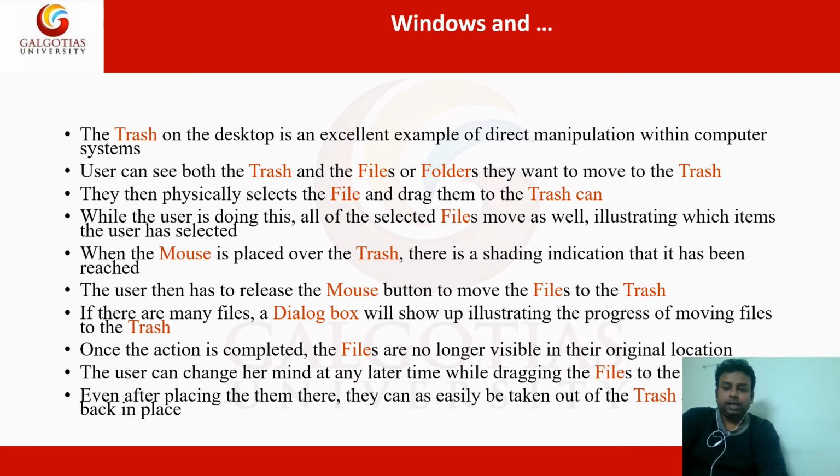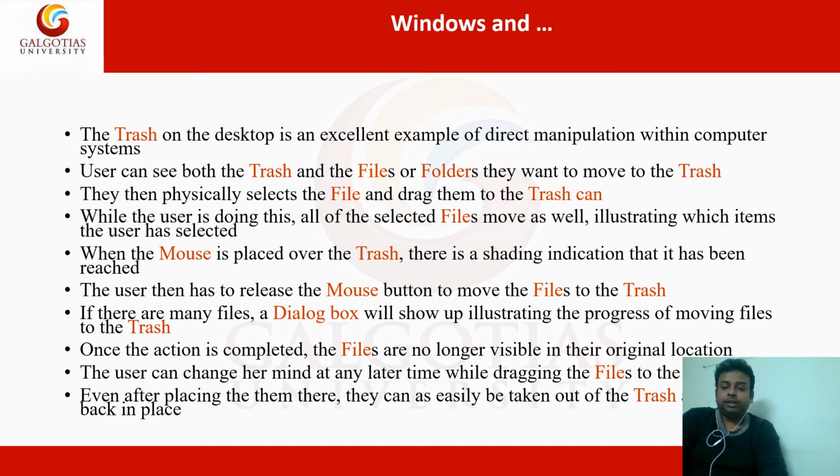Whenever you are moving, you see the movement and the intermediary steps. When the mouse is placed over the trash, there is shading indicating that it is reached. Whenever you reach the trash, that is also visible to you. The user then releases the mouse button.